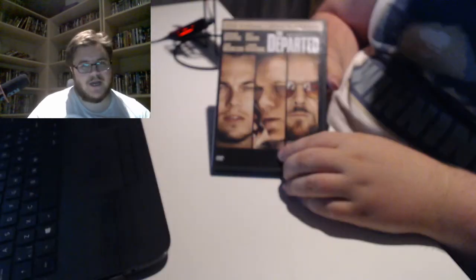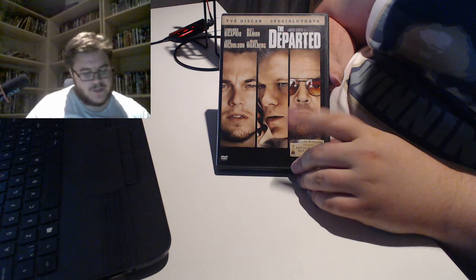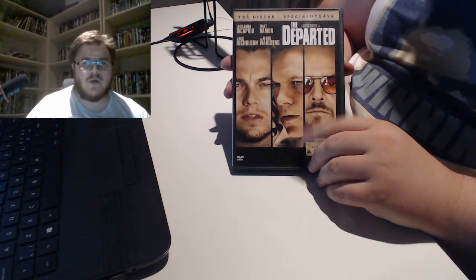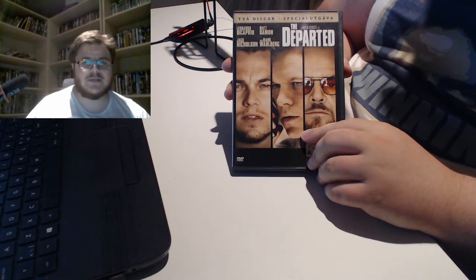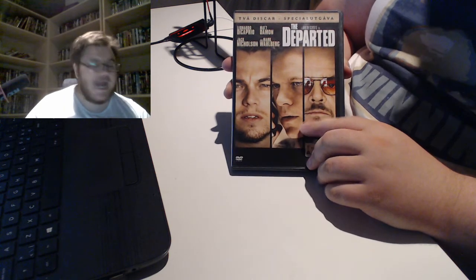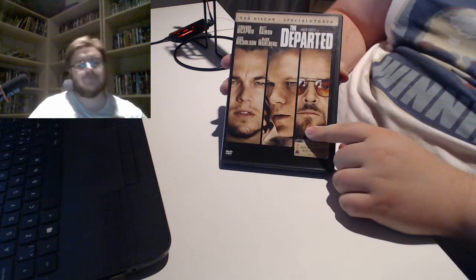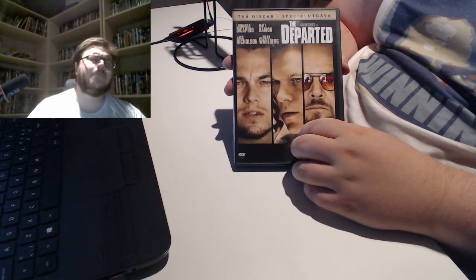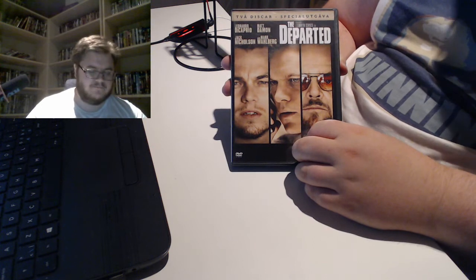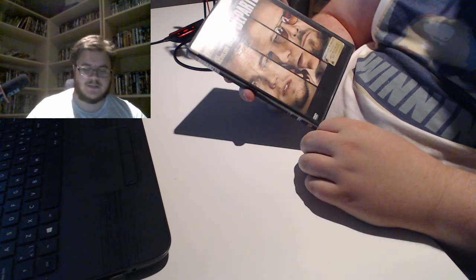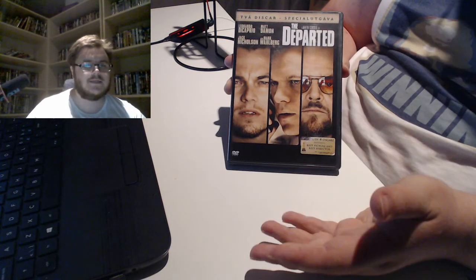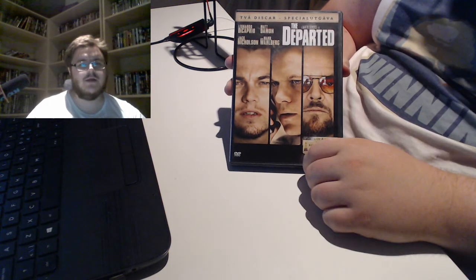The Departed. Fun story about this one. I somehow got a hold of tickets to a sneak preview of this 8 months before it was released in Sweden. So weird. I got it through the Stockholm Film Festival somehow. So I guess that's why I own it. I probably would have bought it anyways, because it's a great movie, but, you know,